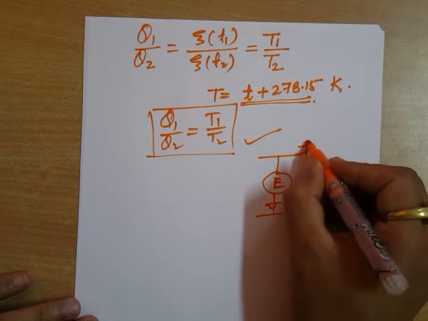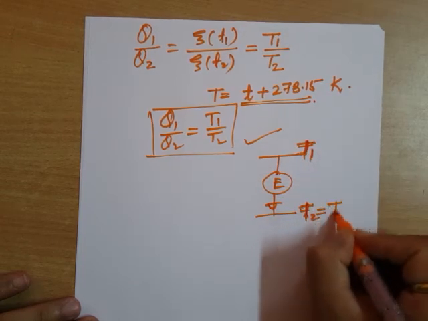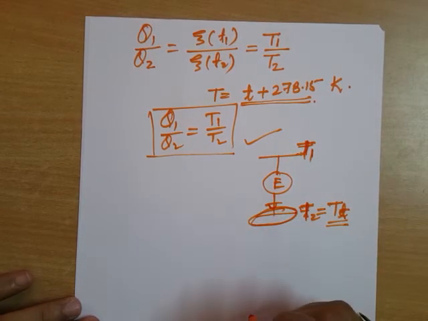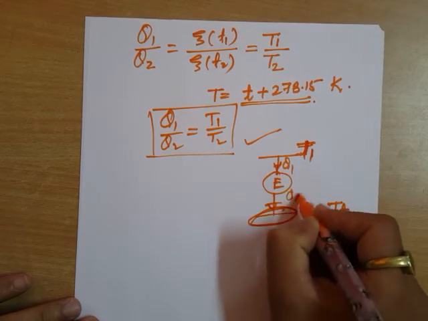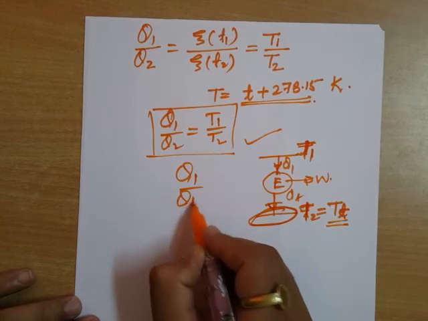What is this T2 here? This T2 is not an ordinary temperature. This T2 is basically the temperature of the triple point of water, because this is rejecting heat to water at the triple point. So if this is Q1, this is TT, this is W, then this Q1 by QT